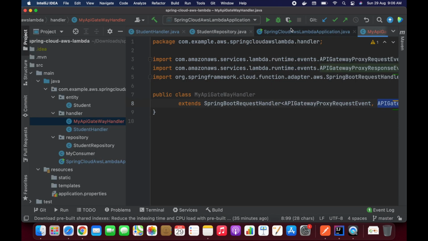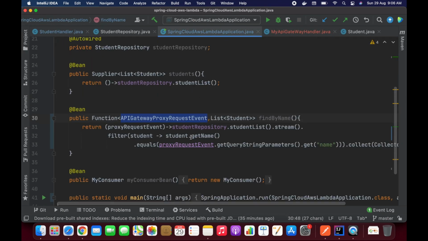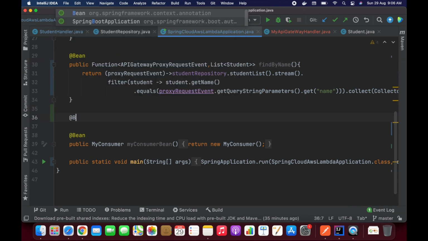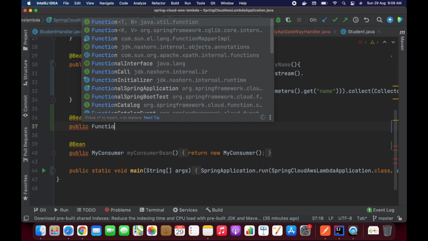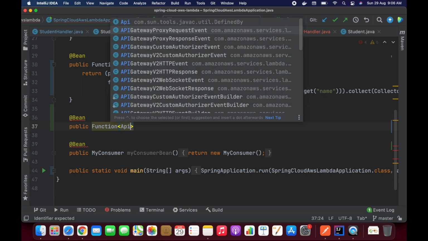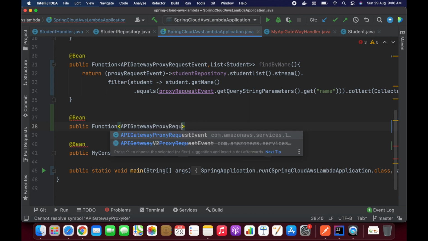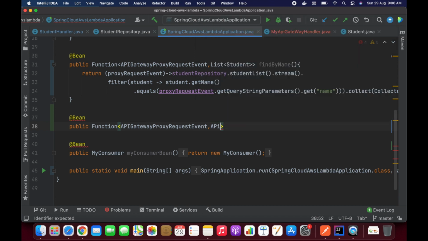Now let's write another function inside the main application. Let's add one more bean, guys. Public Function, taking the API request event and returning the API response event.